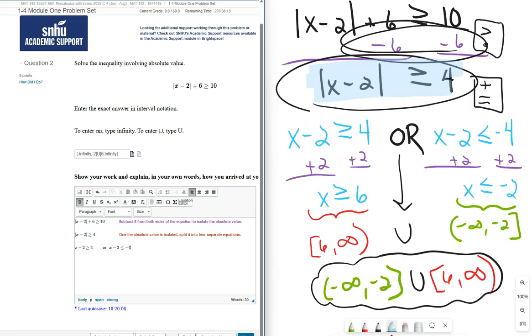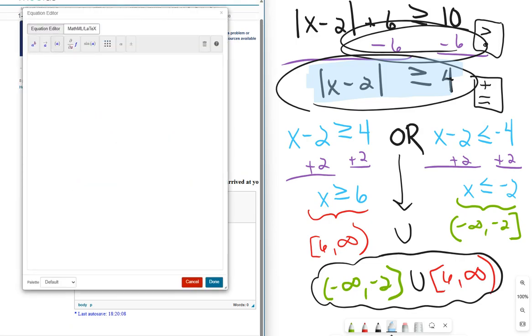The only problem that you might have, let's see, can I delete all this? There we go. I don't think you can do every single step in the equation editor at one time. I'm about to lose time here. But anyway, hopefully